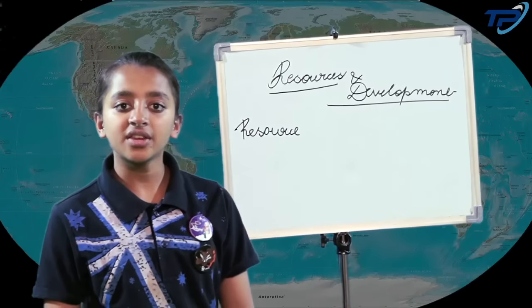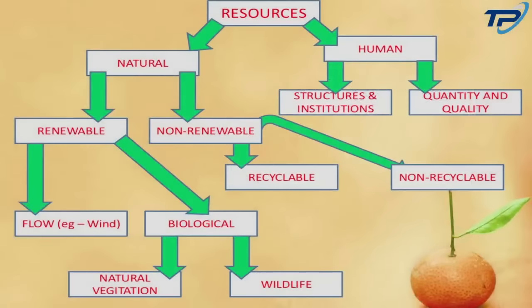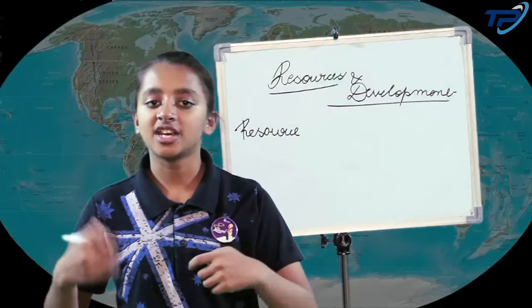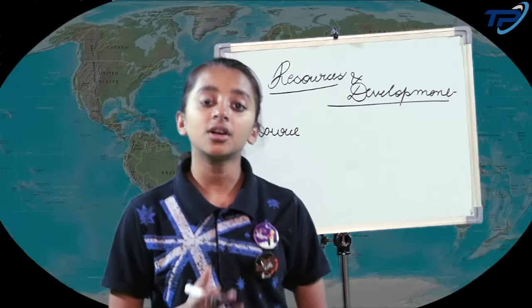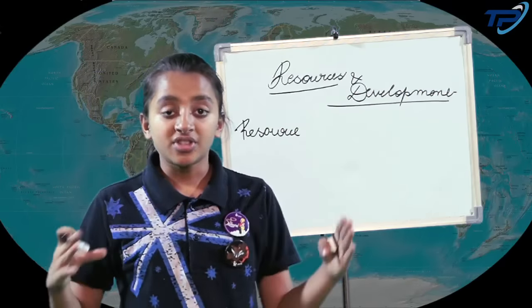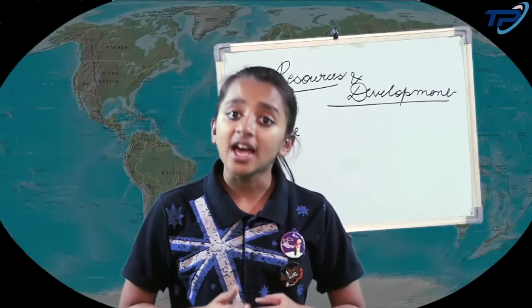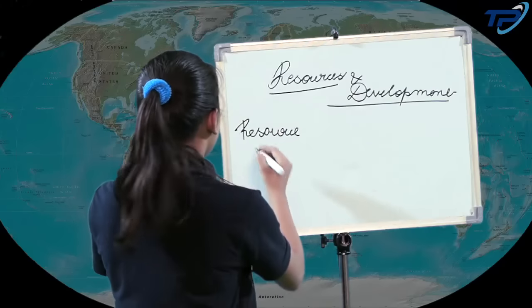Resources can be classified on two bases. One is natural and human, and the other is on the basis of ownership, exhaustibility, and so on. First, I'm going to segregate them on the basis of human and natural. So the natural resources are